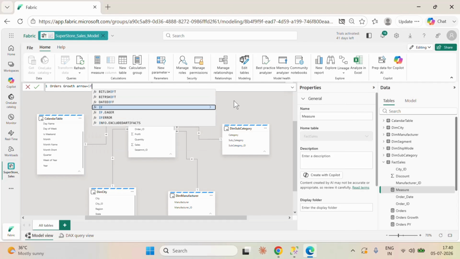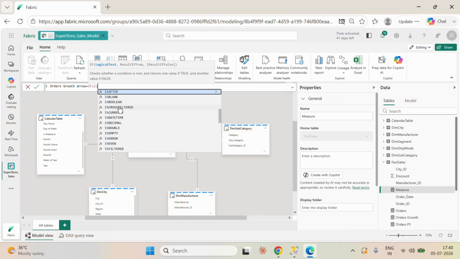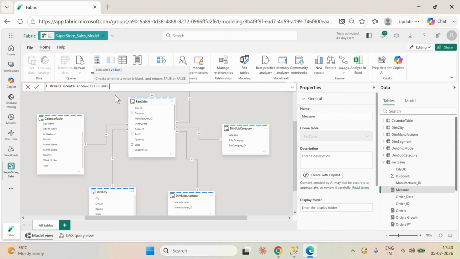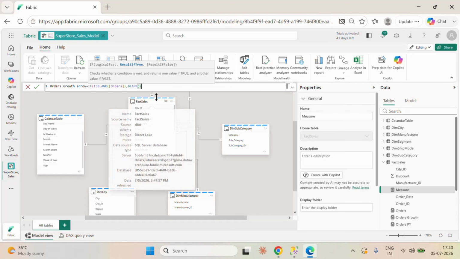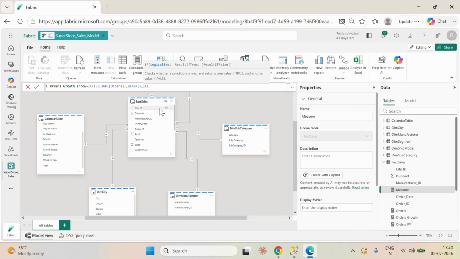Equal to, we are going to use an IF condition. If is blank, then we should get a blank. Is blank, what is blank? Then orders id is blank, orders is blank, then we are going to get blanks only. And if it is false, then we are again writing an IF condition. If order variance is greater than 0,